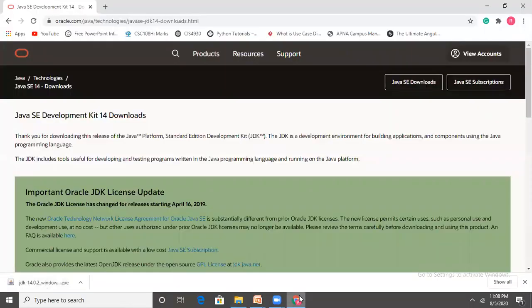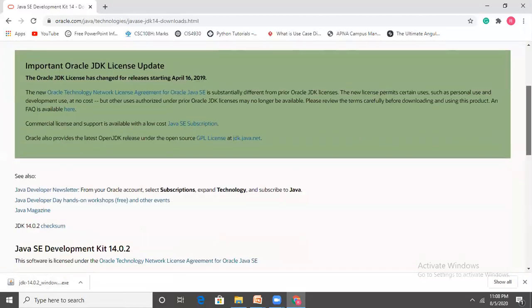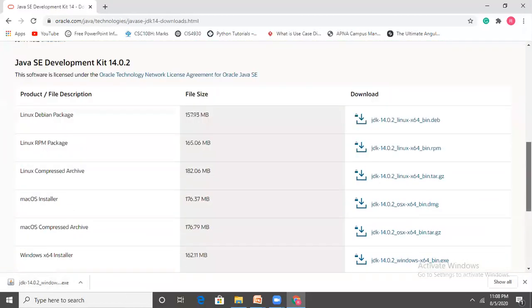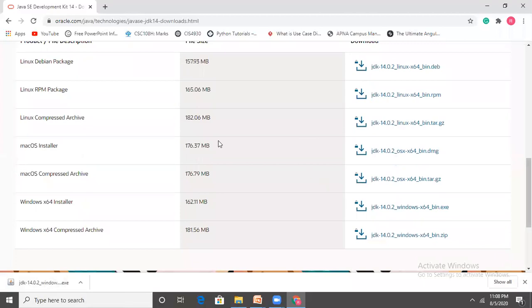After going here, there are JDKs for different operating systems. You simply click on JDK 14.0.2 Windows x64 bin.exe, which is the installer for the 64-bit Windows operating system.